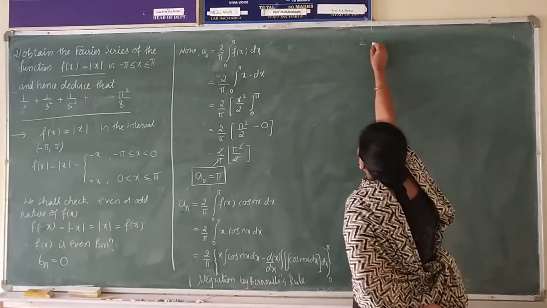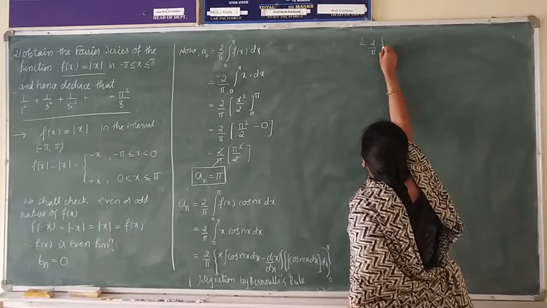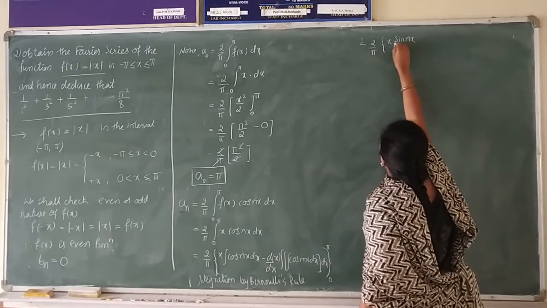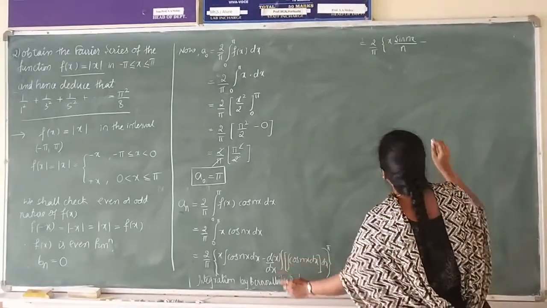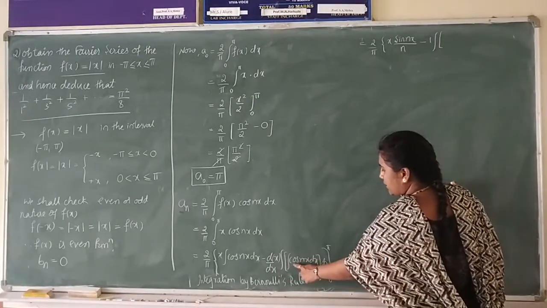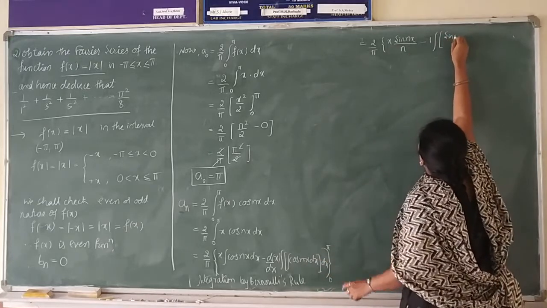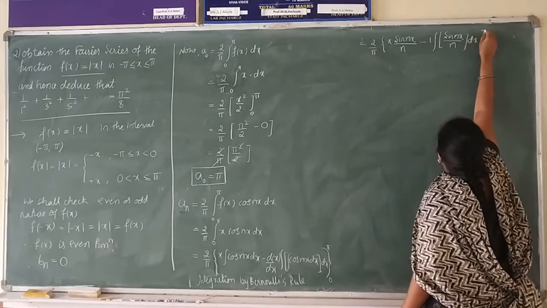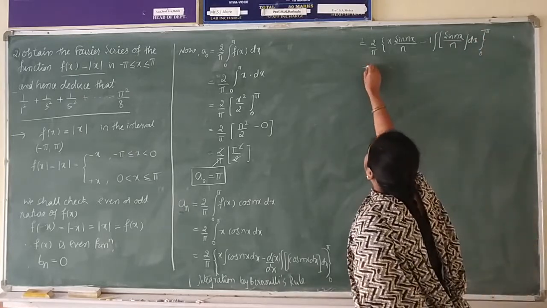Now do the integration. 2 by pi into bracket x into integration of cos nx is sin nx by n, minus derivative of x, differentiation of x is 1. Next, integration of one time integration of cos nx, just now we have done that, is nothing but sin nx by n into dx between the limits 0 to pi. That is equal to 2 by pi